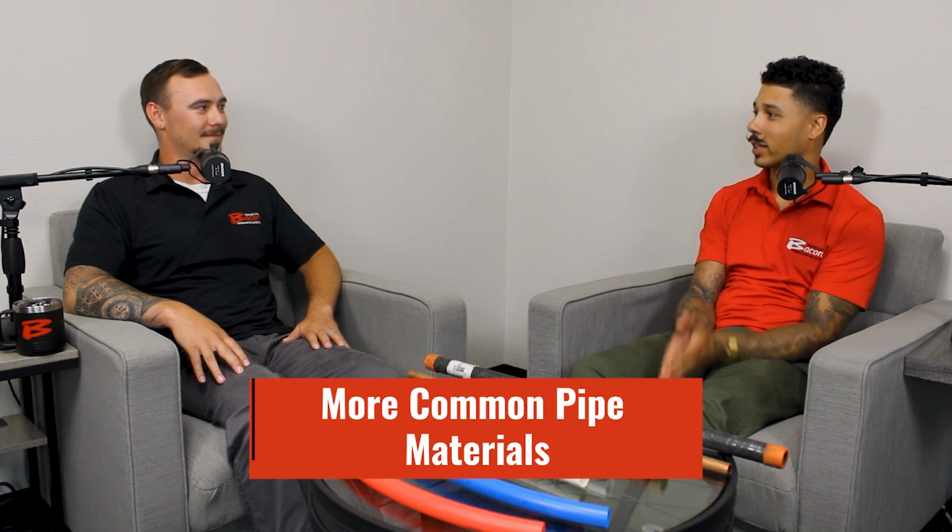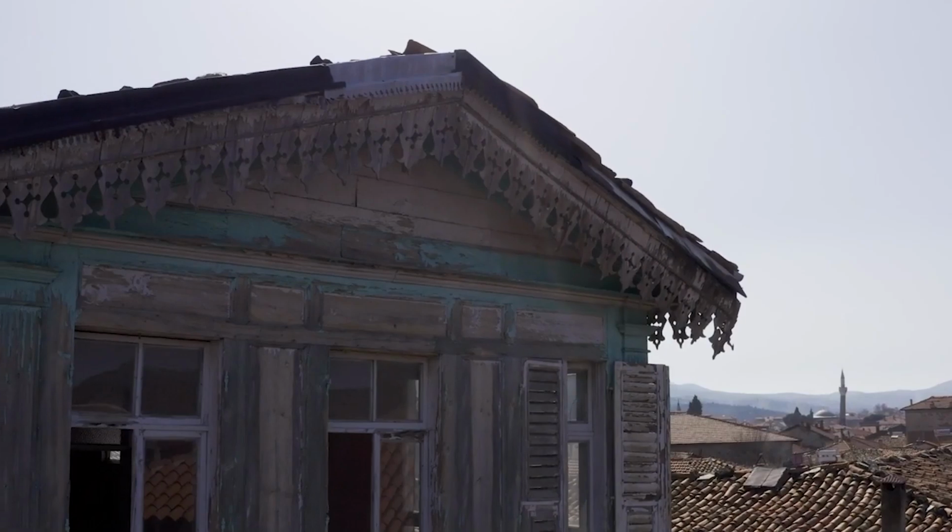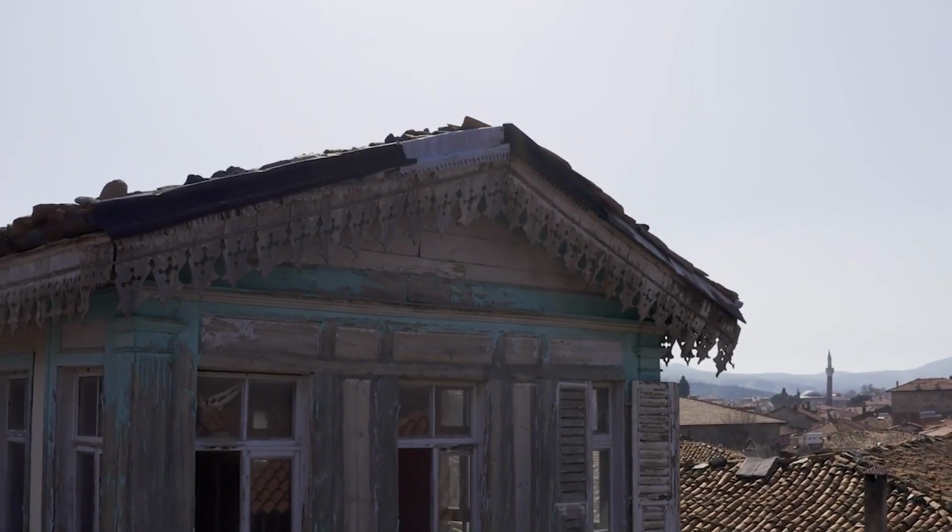So we didn't have a table big enough today to supply all the pipes that are out there in the world, but what else could we run into? Some things that might be common in the plumbing trade or just in a home that you might see in general. Of course. So on the water side, like I mentioned earlier, in the very older homes, they used to